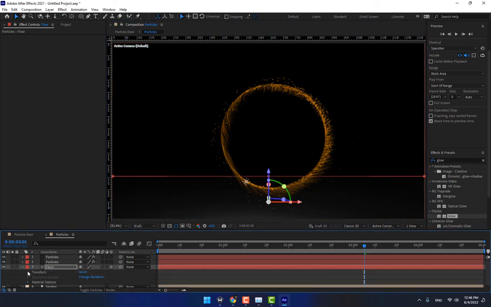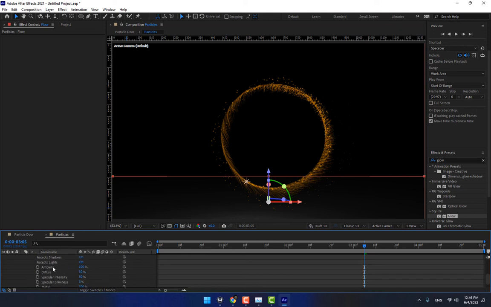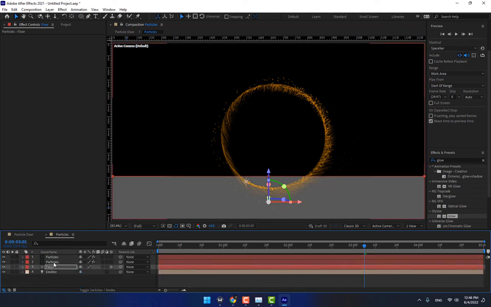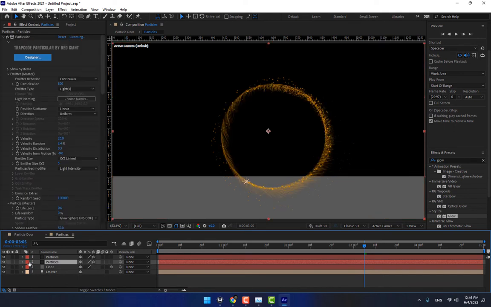And now go to materials, accept light, turn off the accept light,